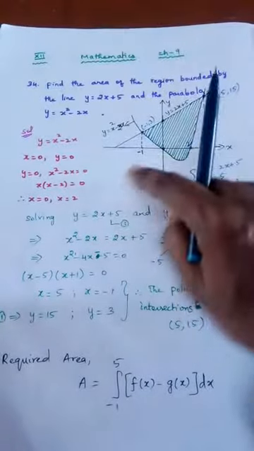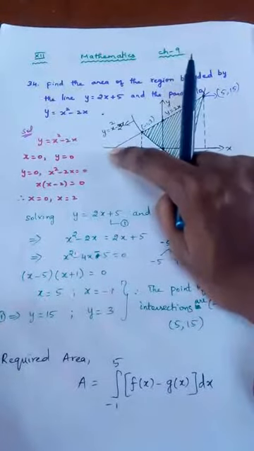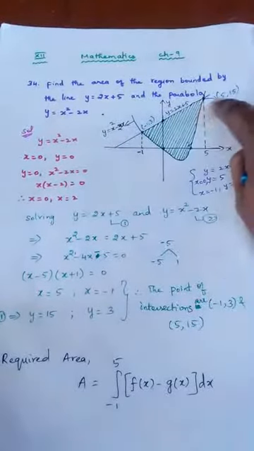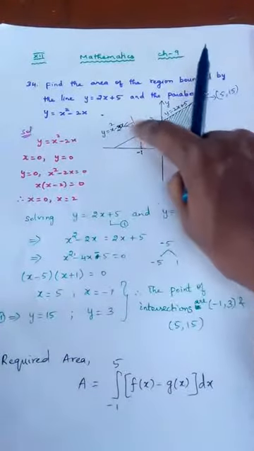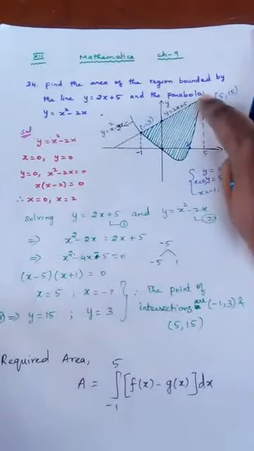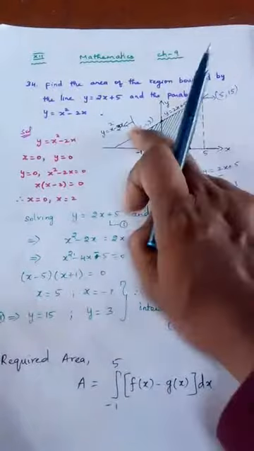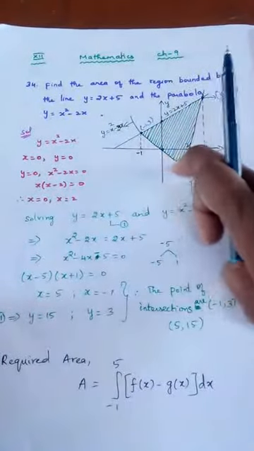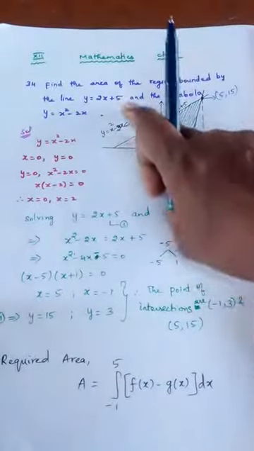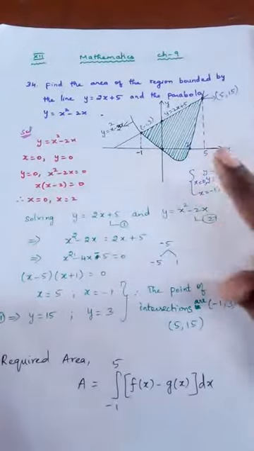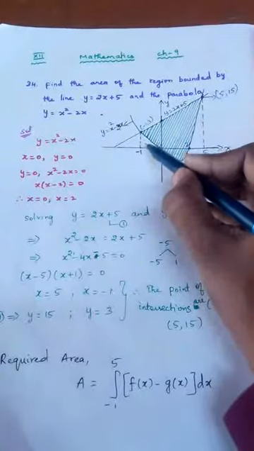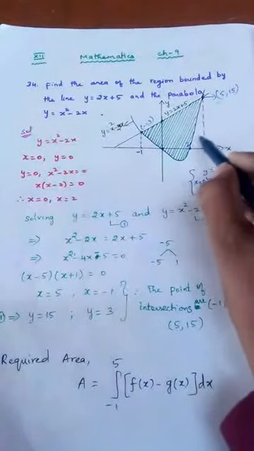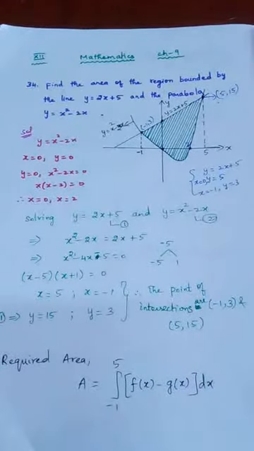Now you forget about the straight line and just see what is the curve area that we are going to get. Now this is one line, this is another line. If I have only the curve, what will be the area that is bounded? Only this and then this. Are you able to understand what I am telling?